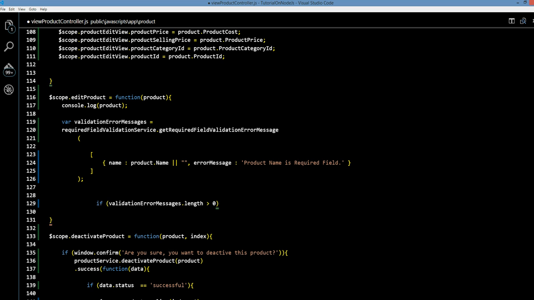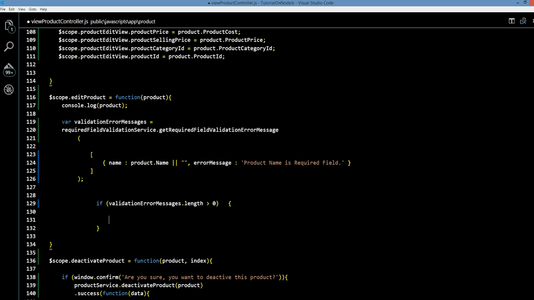If the length is greater than 0, it means there is an error. There is a validation error, a missing field. So in that case, what we have to do is,